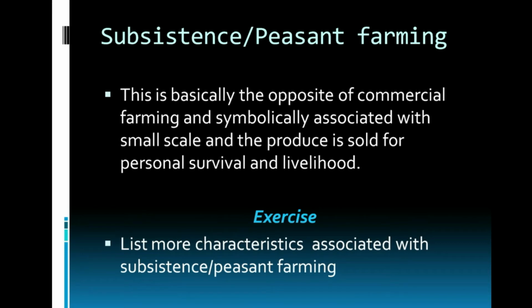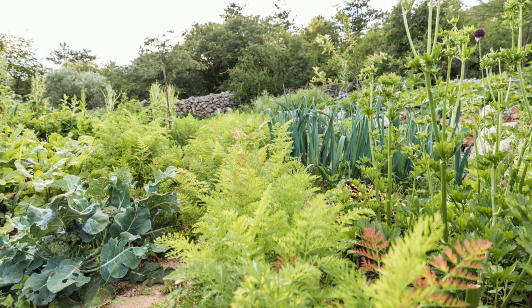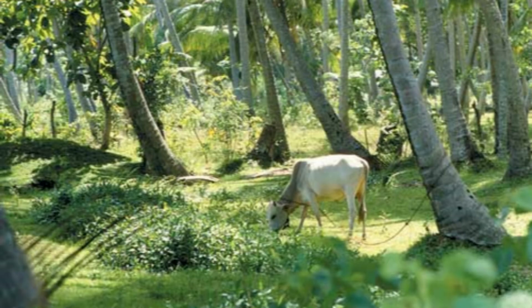Secondly, multiple cropping is associated. Now we heard a couple of minutes ago that monocropping is associated with commercial farming, but in this regard, small scale farming maximizes upon multiple cropping or multi-cropping or mixed cropping, where a variety of crops are grown at any given point in time. Obviously, we also have the rearing of animals as well. Now, this is to maximize on space. And this is important because if it is for the purpose of survival or for the purpose of making a livelihood, right, in terms of physical consumption of food, yes, you would require a variety of food to consume.